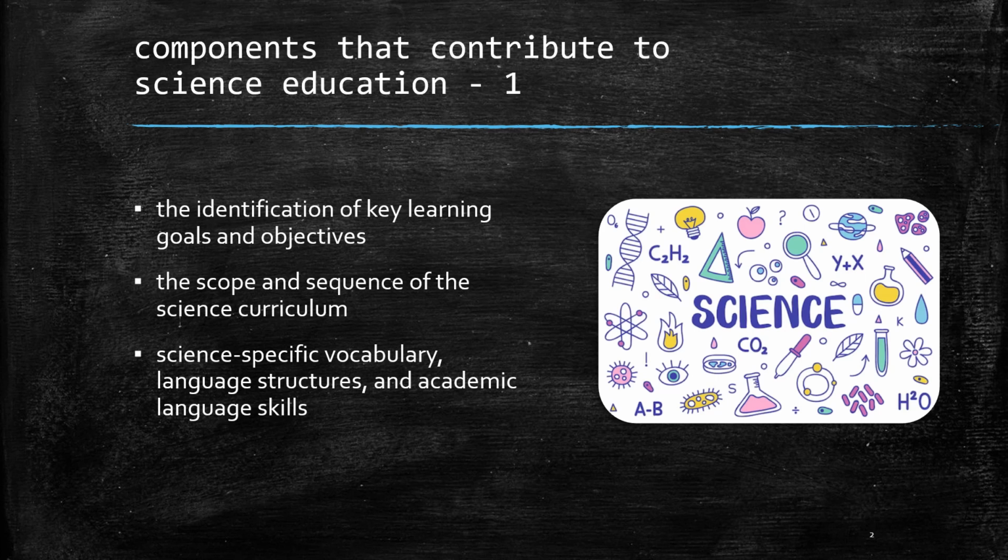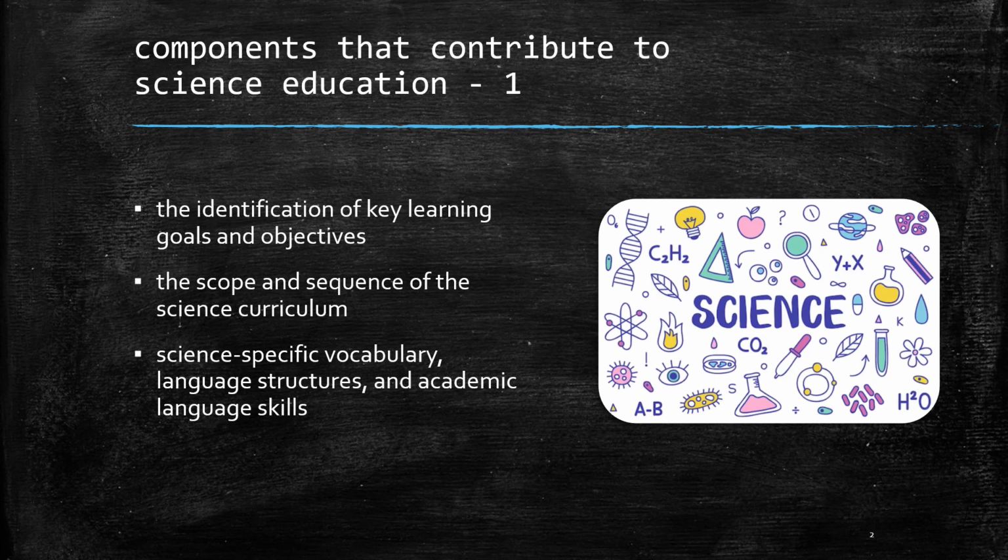Next, the curriculum designers determine the scope and sequence of the science curriculum. This involves determining the appropriate progression of topics and concepts across grade levels, ensuring that each subsequent level builds upon the knowledge and skills acquired in the previous level. The sequence may follow a logical order, starting with foundational concepts and gradually introducing more complex and specialized areas of